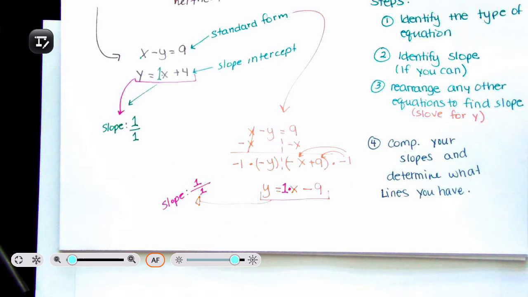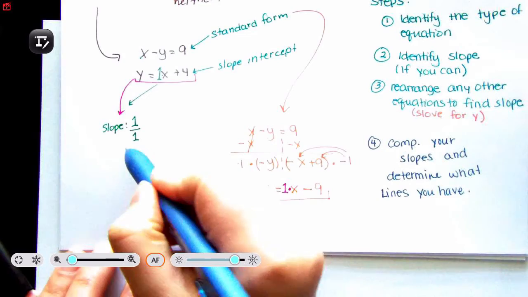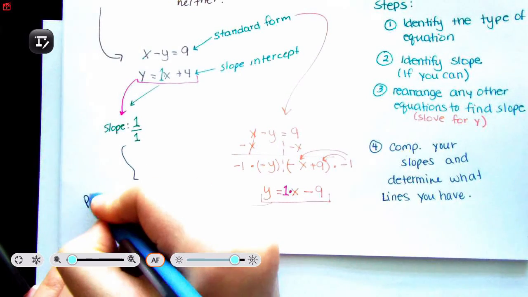So I'm looking at my slopes. Step number 1 is to check if they're exactly the same. If they are, you are done. You have parallel lines. If they are not exactly the same, then you have to check for perpendicular. If they do not meet the requirements of perpendicular lines, then they are neither. In our case, they are exactly the same. So our answer is they are parallel